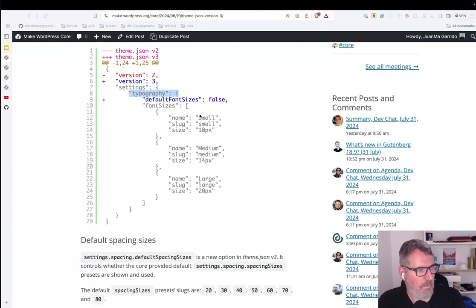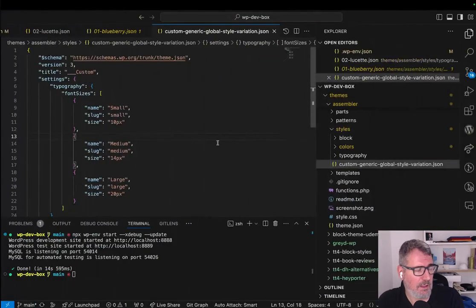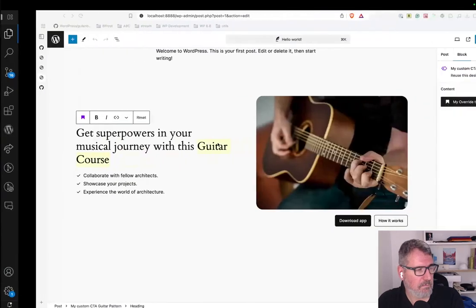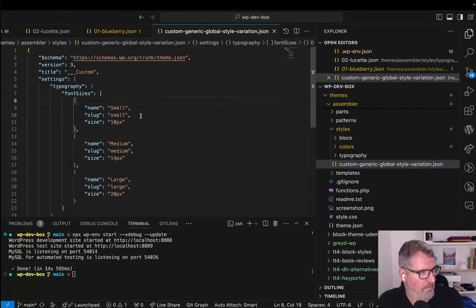So we can define them here, and default font sizes exists, but by default is true. So if I go font size,